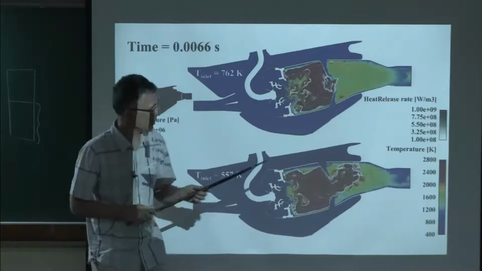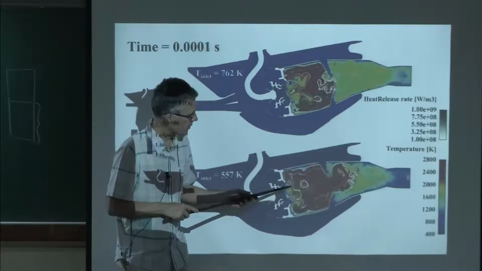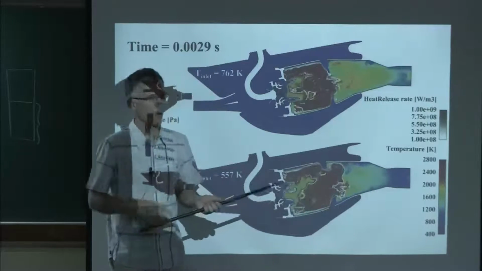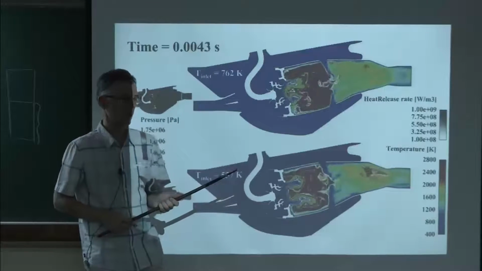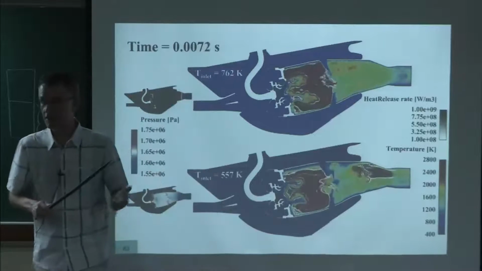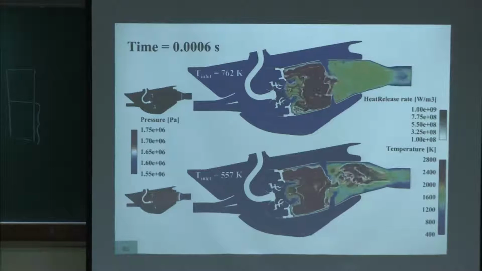For modeling, it's actually a problem because you need to add a damping factor for the entropy waves between inlet and outlet to account for this dissipation. Otherwise, you find the mode is always unstable. So you need some damping for the mixing. That's difficult to obtain. You do not have the secondary injection.